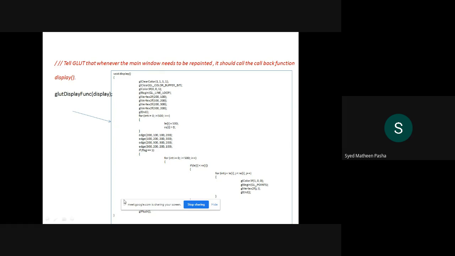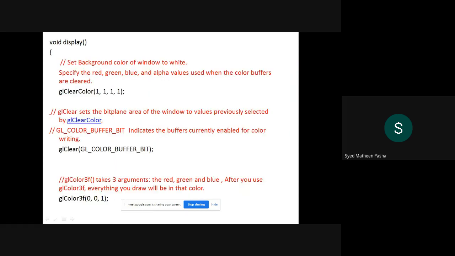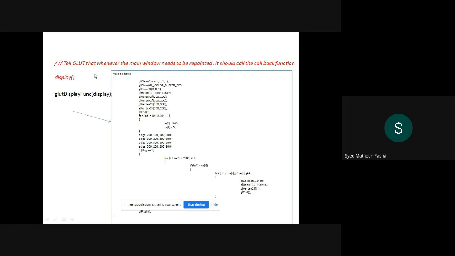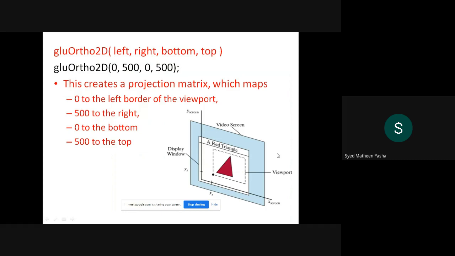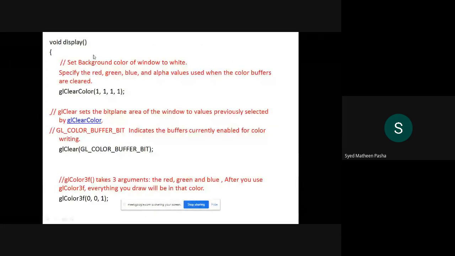Once the display function is done, we'll check out some of the important functionalities in the display function. This was the whole display function which we studied, which is used in the program, and simultaneously we have different terminologies in that particular display function. We'll check out what those terminologies are which are to be used in this particular display function.